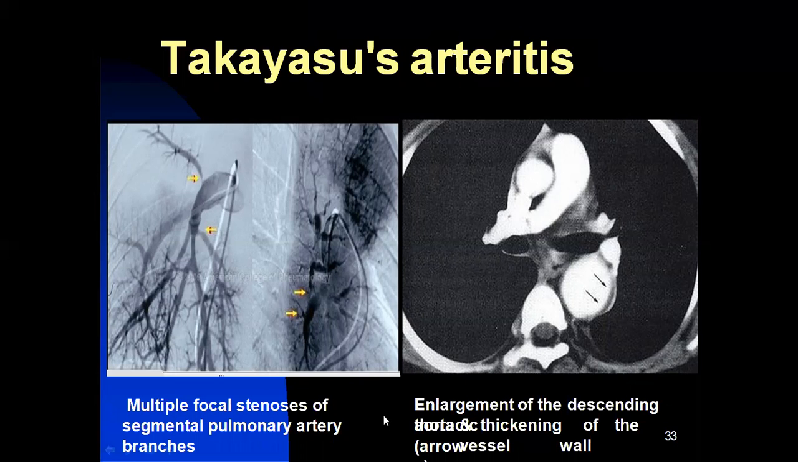So this narrowing is actually not allowing the blood to flow further. And there is also an enlargement of the descending thoracic aorta and thickening of the vessel wall. So this was about Takayasu's arteritis. Now we'll shift on to medium-sized vessel diseases,